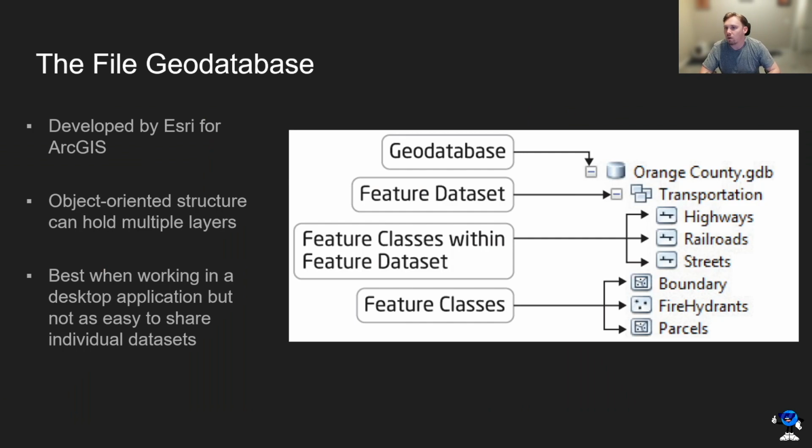So the file geodatabase consists of a single folder filled with files that contain all the geospatial information for a data set. For example, a geodatabase called Orange County could store the county boundaries as a polygon feature class, highways in the county as a line feature class, and the city streets as another line feature class. A file